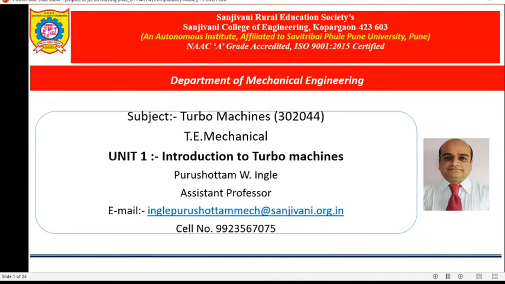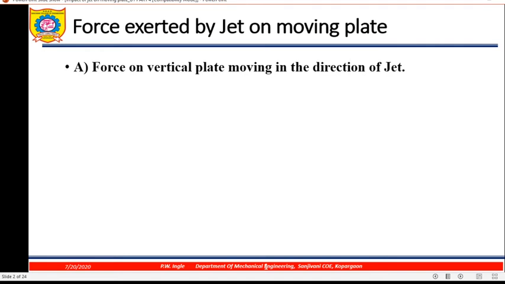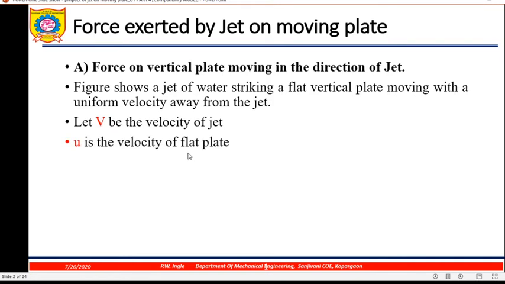So today we'll discuss the force exerted by the jet on the moving plate. Case number 1: force on the vertical plate moving in the direction of jet. The figure shows a jet of water striking a flat vertical plate moving with a uniform velocity away from the jet. Let V be the velocity of jet, U be the velocity of flat plate, A be the area of